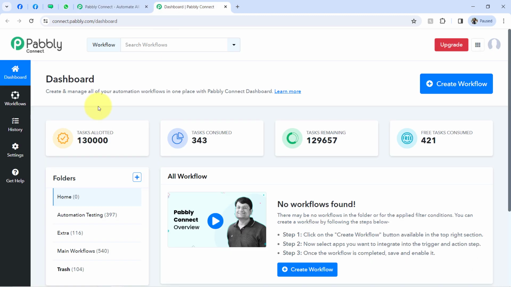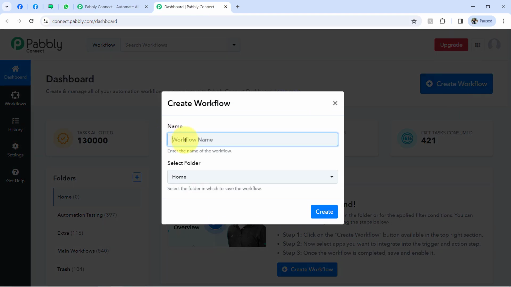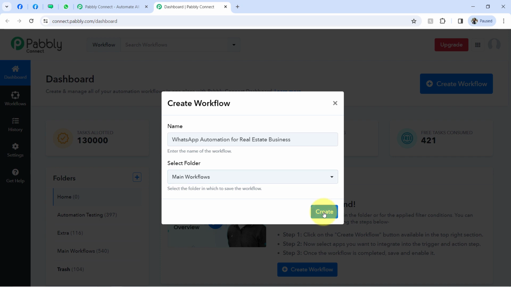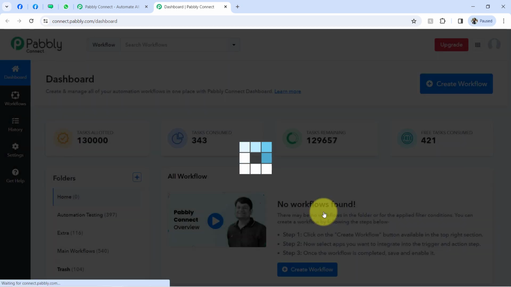Now, once you log in and reach the dashboard of Pabbly Connect, and once you have created an account in Vati, simply click on this blue button that is create workflow and then provide a random name to your workflow, to your automation. I have directly pasted a random name, something like WhatsApp automation for real estate business. Now it will ask you to select the folder in which you want to create your automation workflow. So I will be selecting this main workflow folder. Now clicking on create,